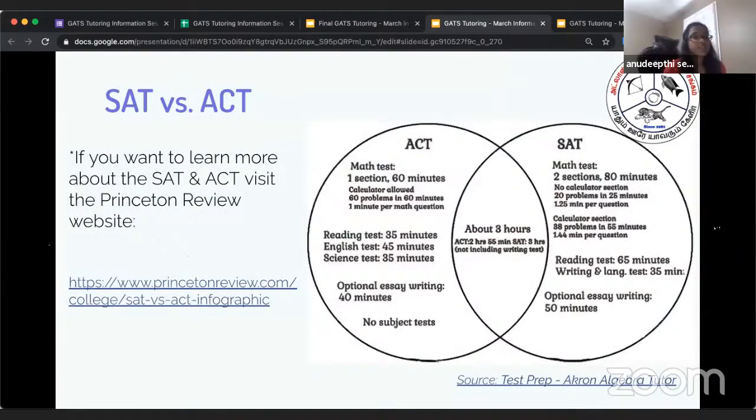A comparison between the SAT and ACT. So the ACT has one math section while the SAT has two math sections, and the timings are different for both tests. As you can see, the reading test is around 35 minutes on the ACT, but you're given 65 minutes on the SAT. But in total,